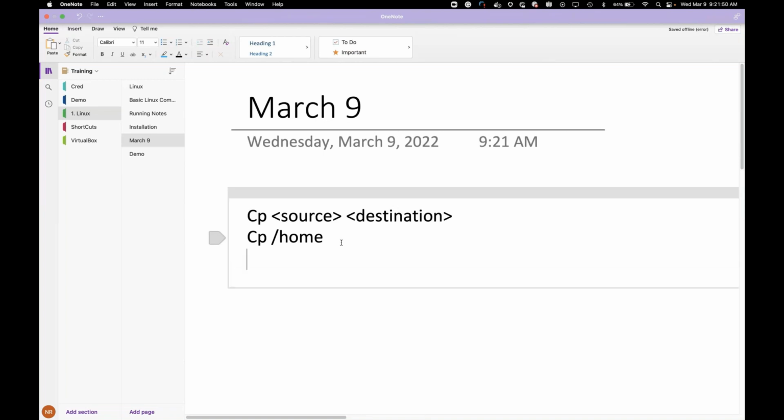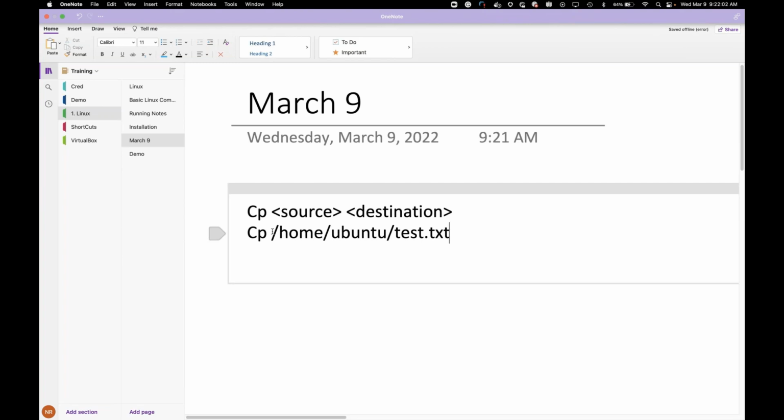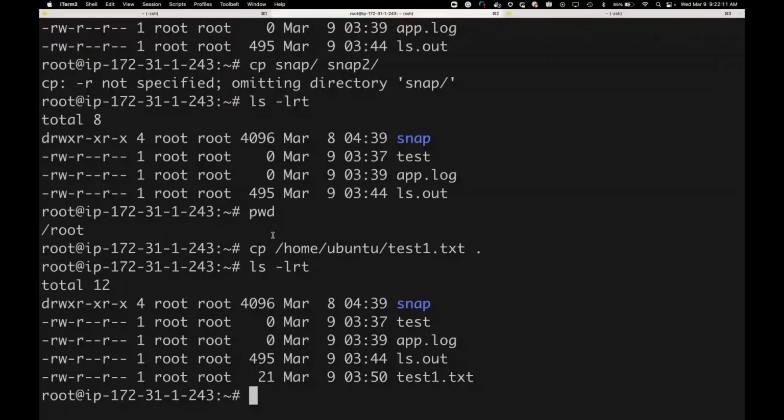So I'm copying a file from home Ubuntu test.txt. This is my source location. Make sure that while using any command, every command has its own mandatory parameters. Example, what are the mandatory parameters? I'm just using CP and pressing enter, and it is showing